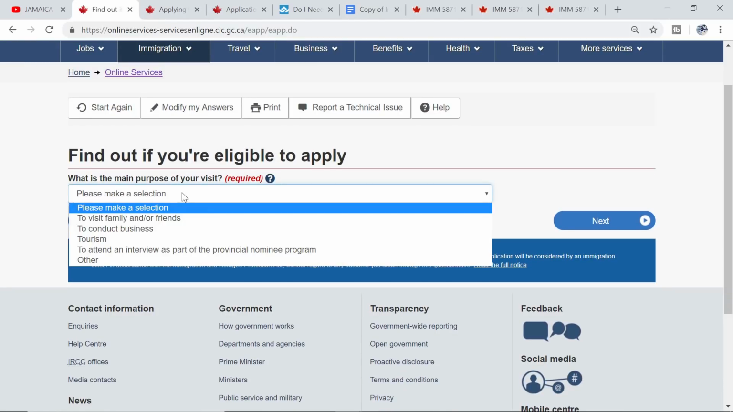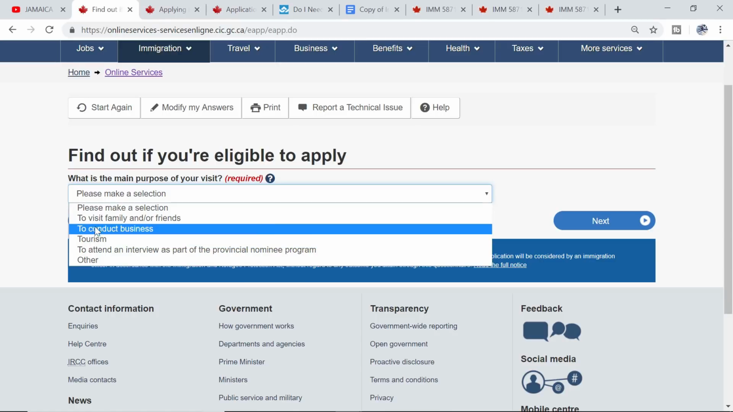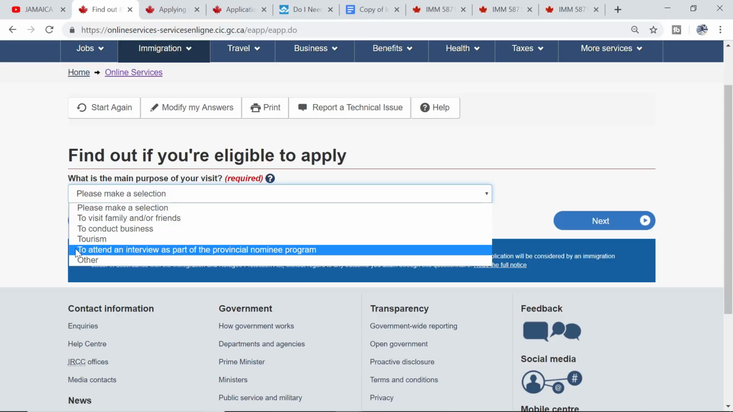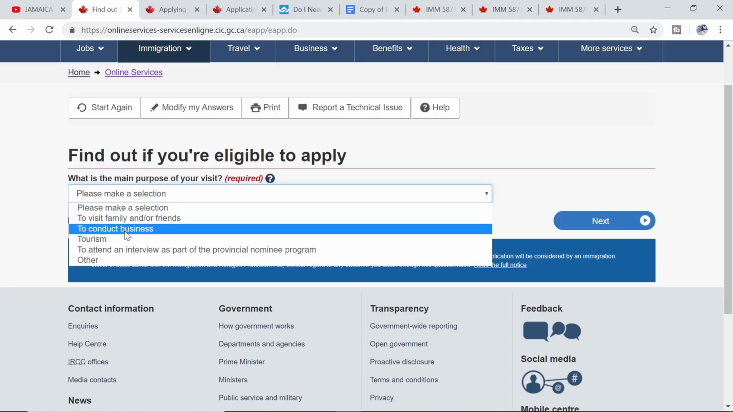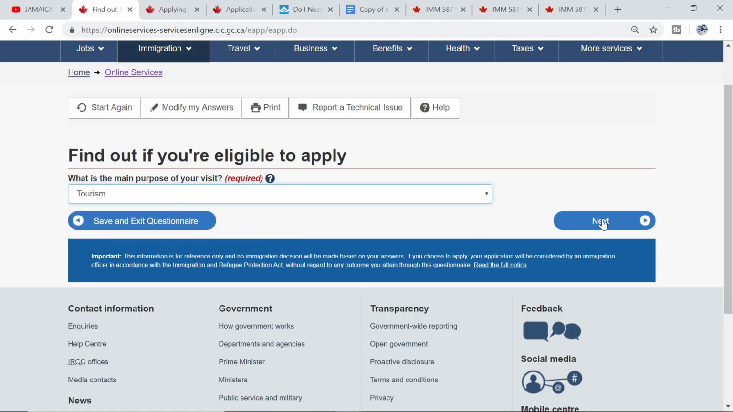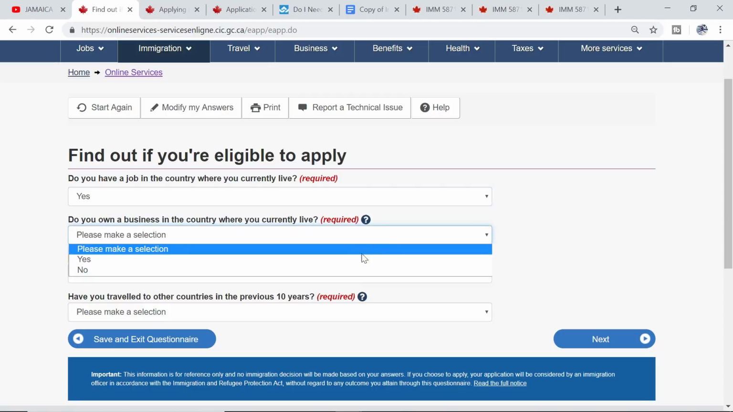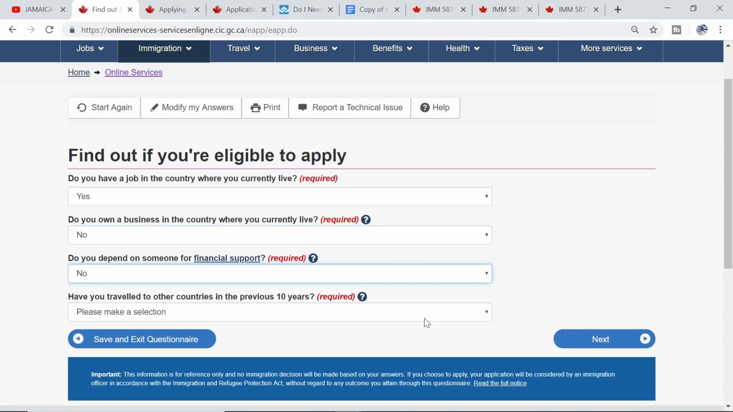What's the main purpose of your visit? And here is where you say you're either coming for tourism or you're doing one of these things, which 3 of these 4 definitely requires an invitation letter. Let us say that you're coming for tourism. Next, if you have a job in your country, if you have a business,